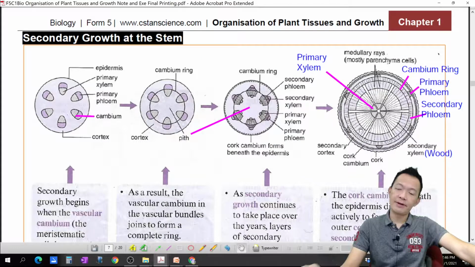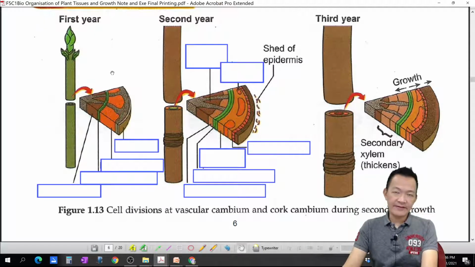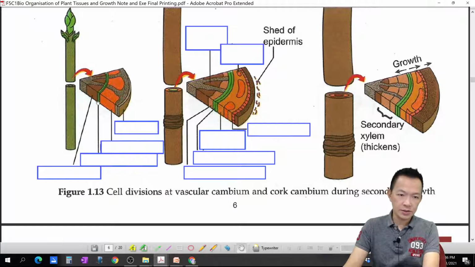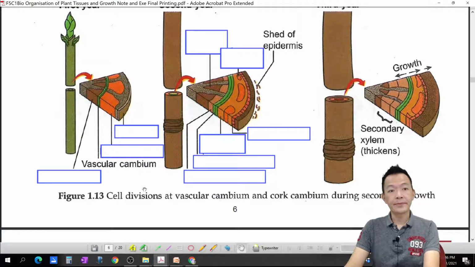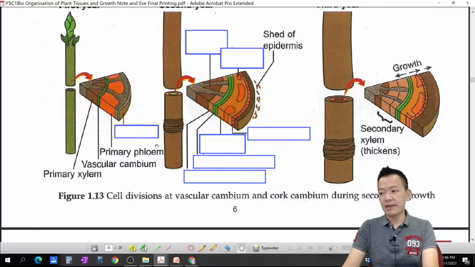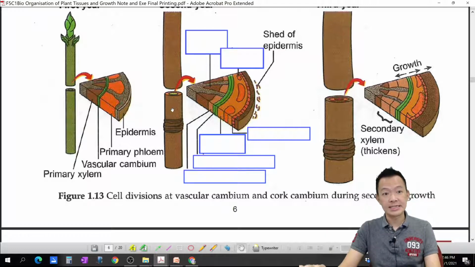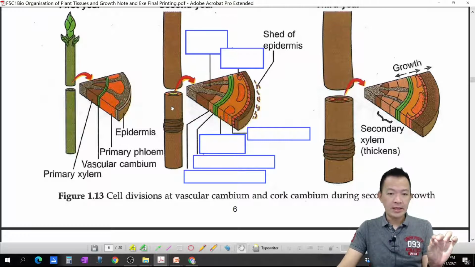Okay, repeat with another diagram. Okay, so at the beginning, just after the primary growth, the plant has, 中间这一层 we call vascular cambium. The vascular cambium, okay, so just after the primary growth, we have the primary xylem tissue, 向着里面。And primary phloem tissue facing outwards, 向着外面，and outside we have the thin epidermis，外面呢有 epidermis 外层罢了。这是刚刚年轻的时候幼苗。